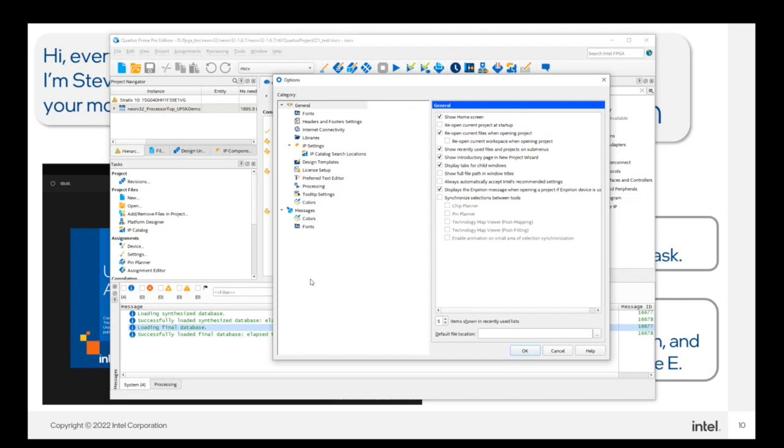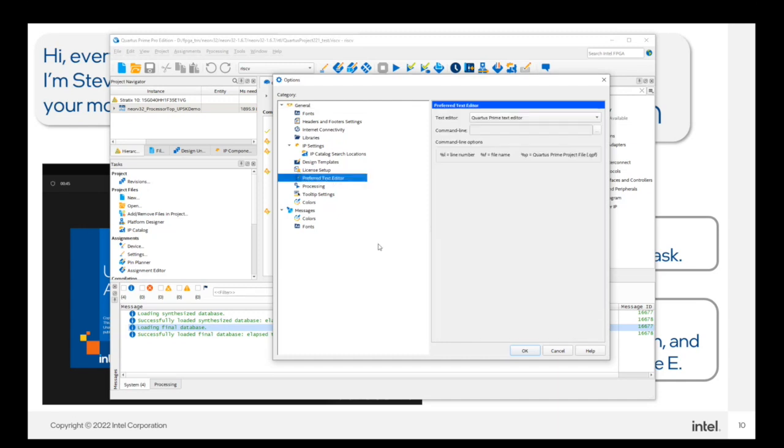Tools, options, and I thought it was in tools, options. It's probably not because I'm on the spot here. There is a setting. Oh, I am on the spot. Oh, there we go. Preferred text editor. My mouse is right over there. So yeah, you can do a preferred text editor, and it comes, of course, canned with